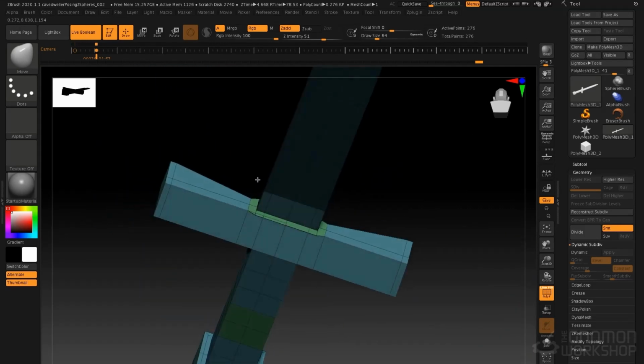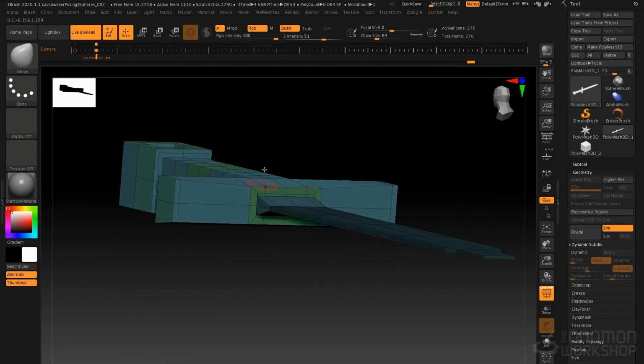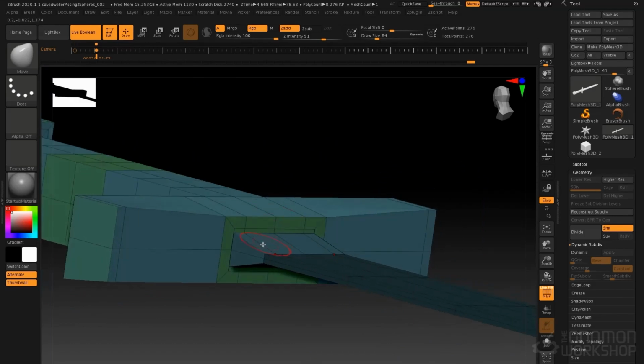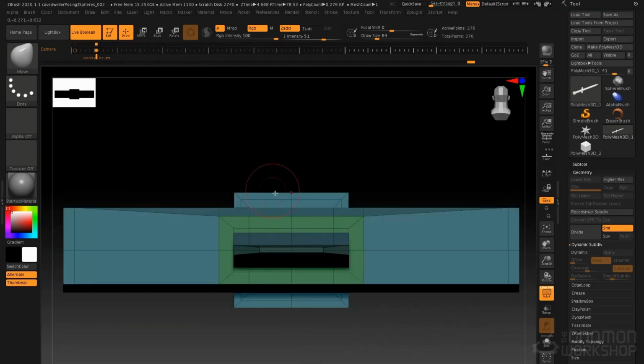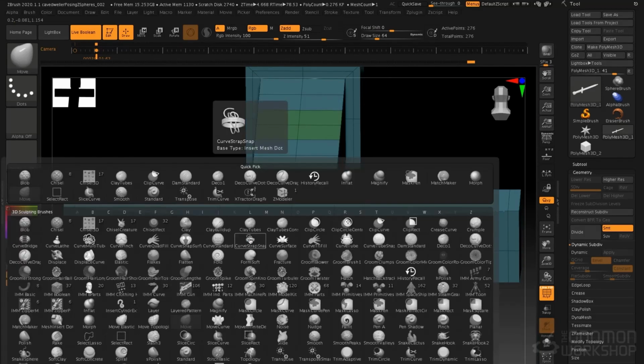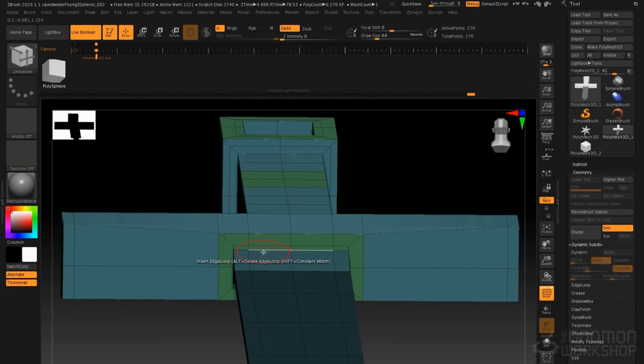So we ended up with a little happy accident there actually, but I'm going to undo that. I don't quite like what that did. There we go. All right, so I am going to zoom in here, and I'm going to select these. I'm going to go back to ZModeler, B for brush, Z for ZModeler, select ZModeler,